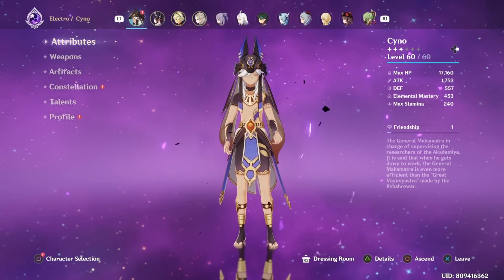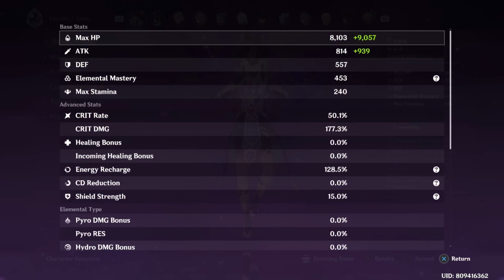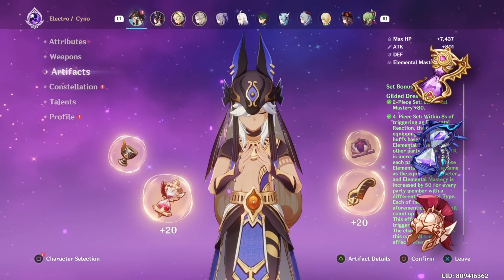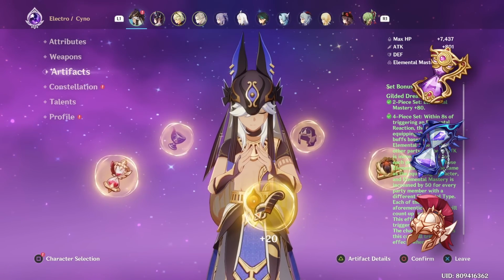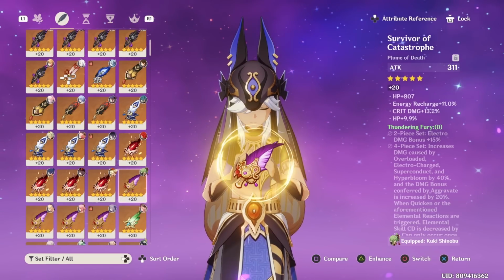In terms of Cyno specific build, I won't be going too in-depth into his build, but just the most important point, in that his artifact sets usually have these 4 best sets, which are Thundering Fury, the Gilded Dream, Thunder Soother, and Gladiator. In that generally these 4 sets work basically on the same level, however Thundering Fury has a little bit of